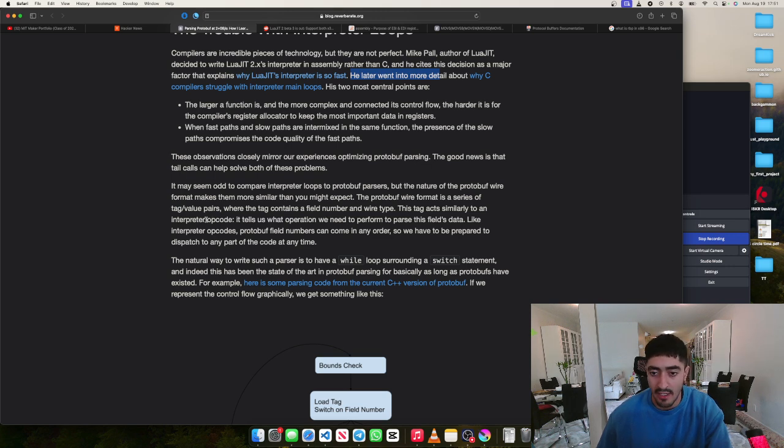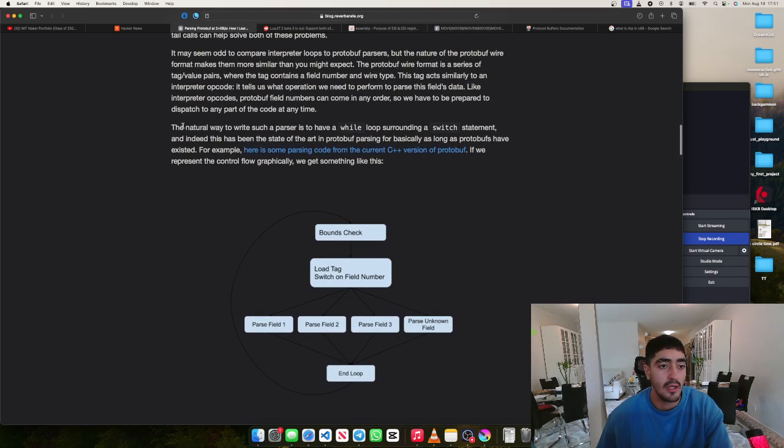These tags act similarly to an interpreter opcode. It tells us what operation we need to perform to parse this field's data. Like interpreter opcodes, protobuf field numbers can come in any order, so we have to be prepared to dispatch to any part of the code at any time. The natural way to write such a parser is to have a while loop surrounding a switch statement, and indeed this has been the state of the art in protobuf parsing for basically as long as